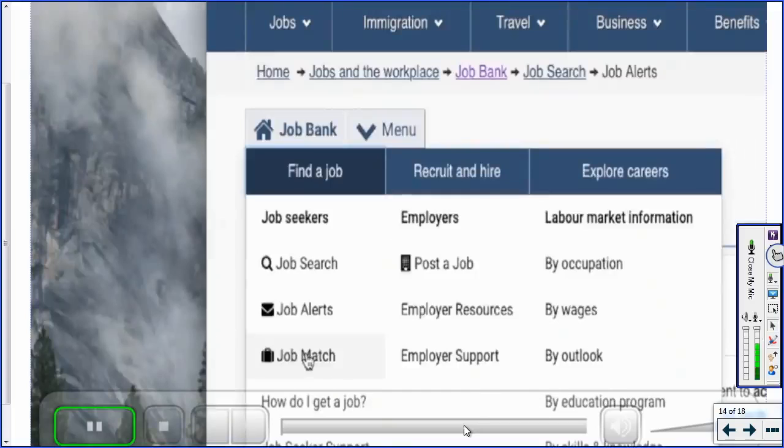So when you sign up to use the services, when you sign up for an account, you can either use job alerts or job match, and you will be prompted to start your profile. But let's say that you don't have any work experience, it's fine not to put anything in there, because you can have a profile and you can choose not to activate your profile until you feel that it's ready.